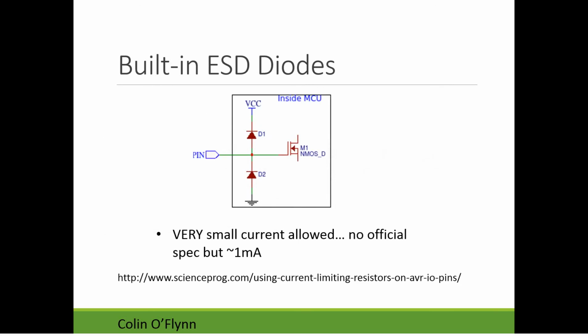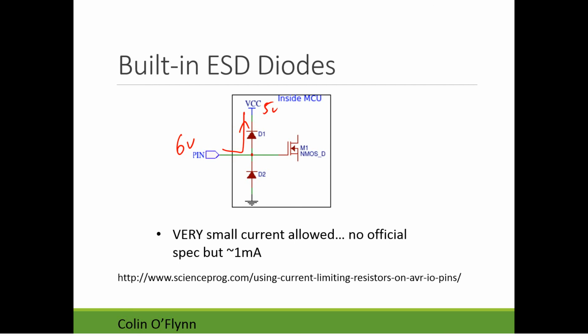So inside the microcontroller, there actually are diodes. These diodes are on each input pin. They're sort of an artifact of the design. They're not explicitly there. But what this means is that if you put 6 volts at the input pin, and your VCC is 5 volts, this diode will conduct, and it'll be conducting some current through the diode.